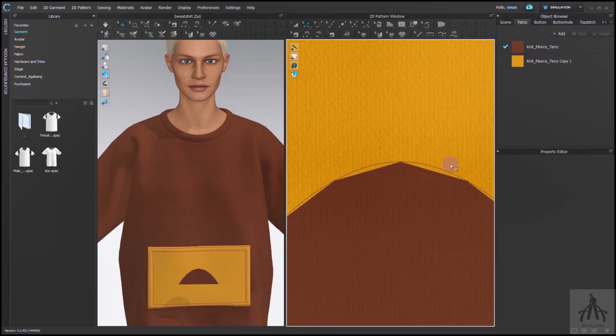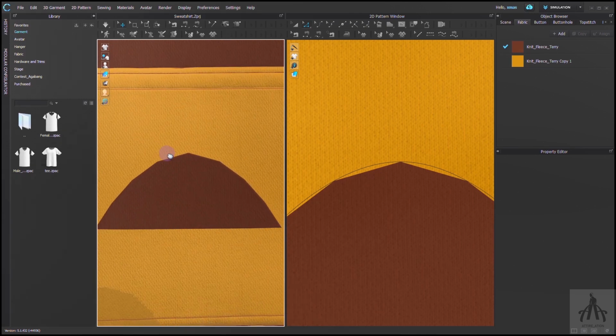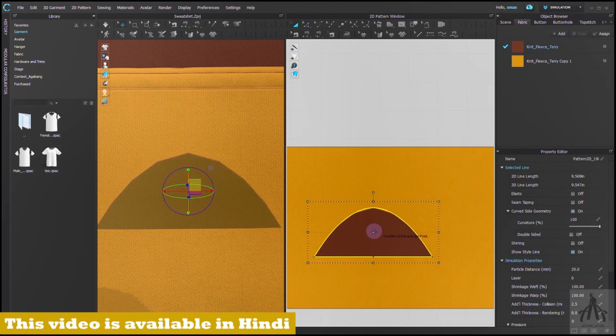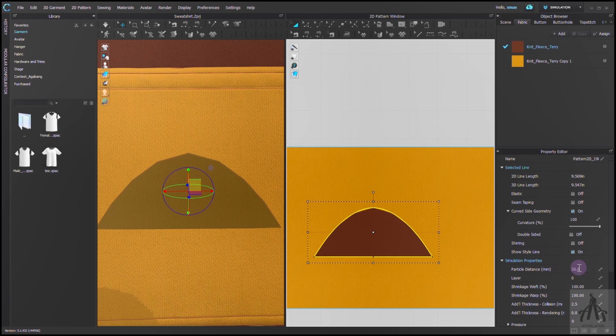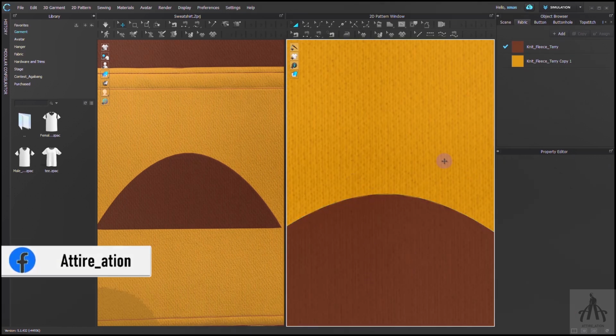You might notice that the shape has so many corners even after that, but it's because of the particle distance which is higher for that particular pattern. For this, you can simply select it and change its particle distance from property editor. 10 will be a nice value if we are not rendering now. But if you are, then you should go for 5, 3 or lesser value as required. Now, let's go back so that I can tell you about the rest of the options.